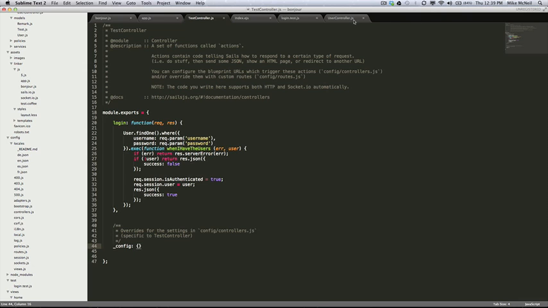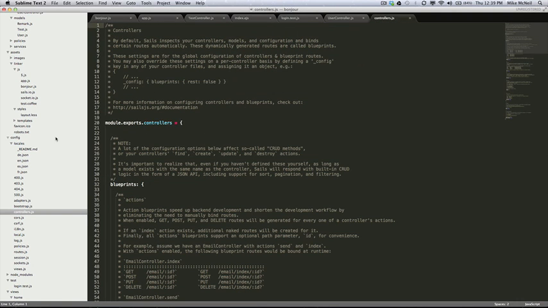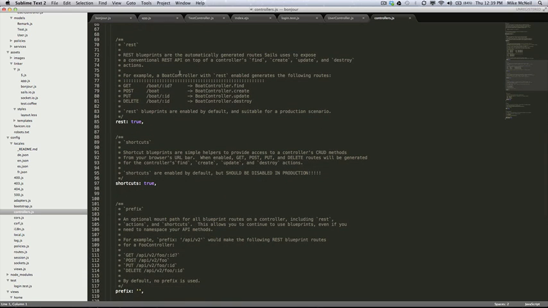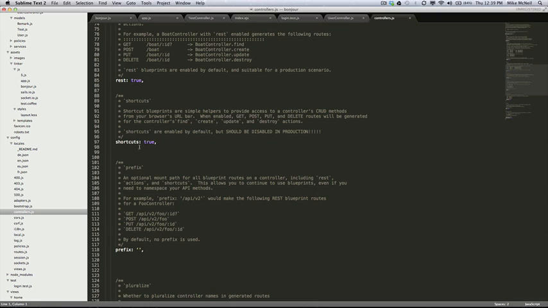Okay. So then, as far as the other ones, you have REST, which is the one that'll go if you have something that's like a boat, boat/ID would get you that particular boat, /boat would get all of the boats, that sort of thing. The RESTful routes, and then shortcuts are these horrible ones that you should never use in production that I was using the whole time we were talking, right? To make boats or make remarks from the URL bar because I'm too lazy to go into like Postman and create that stuff. So if you don't want shortcuts for production, just turn it off right there, and that's kind